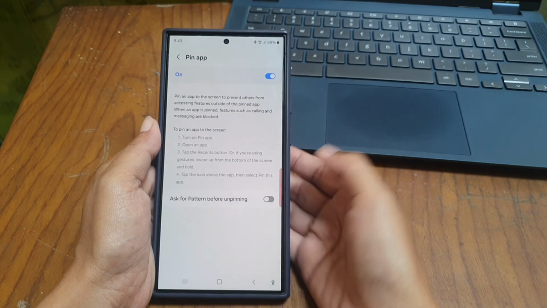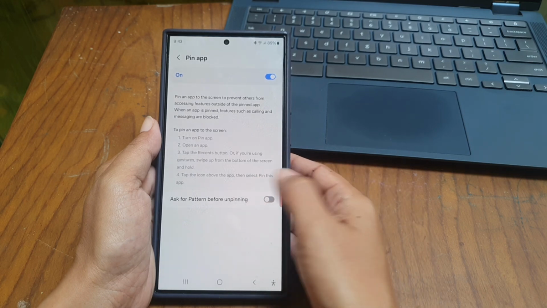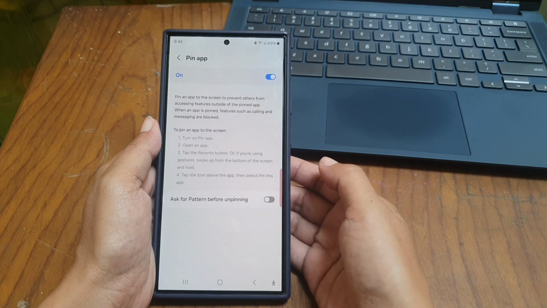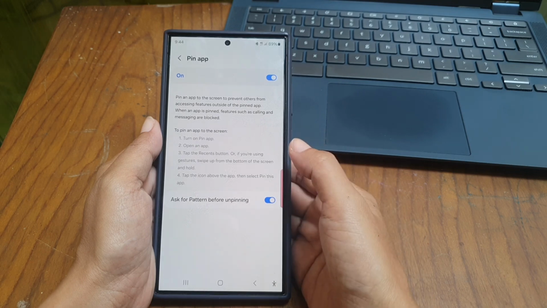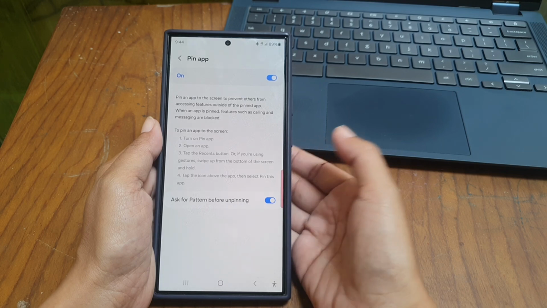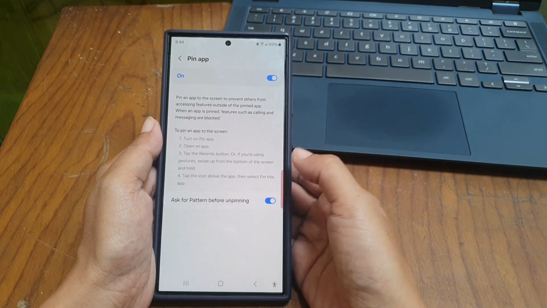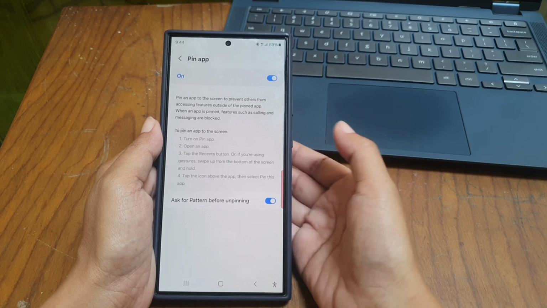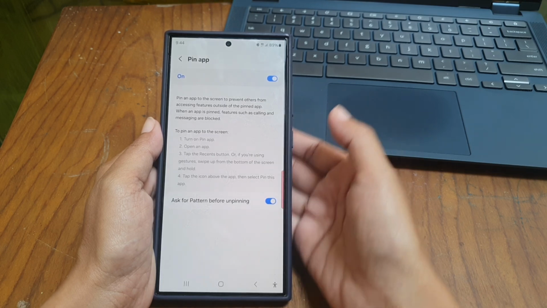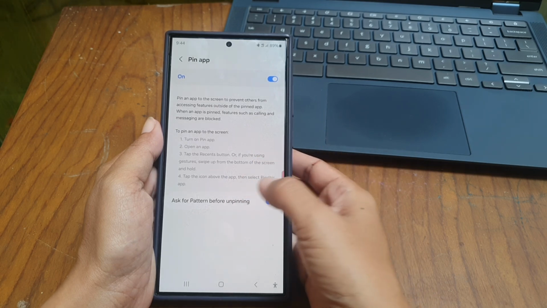For more security, enable ask for button before pinning by tapping the gray on off switch next to this option until it turns blue to turn it on. When this option is on, current secure screen lock needs to be done to unpin a pin app. Also, you have to remember that the name of this option may change depends on what screen lock type you are using. Since this phone uses pattern as screen lock, then you can see that the name uses pattern in it.